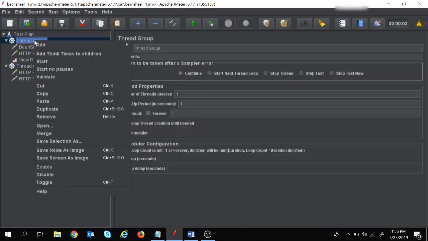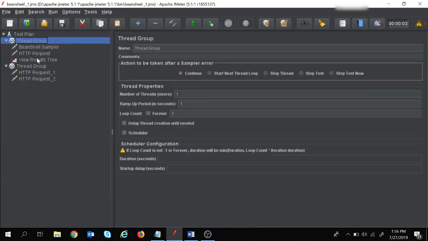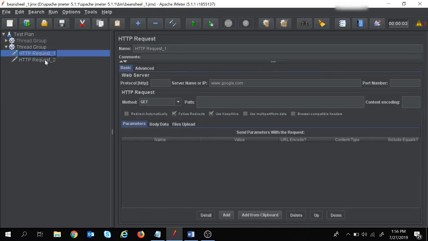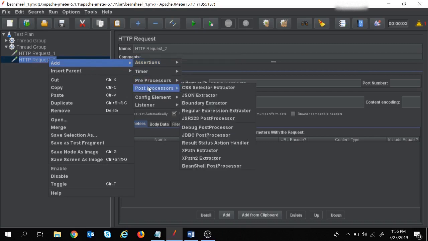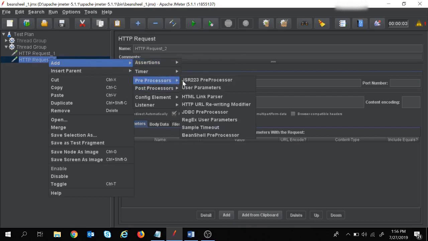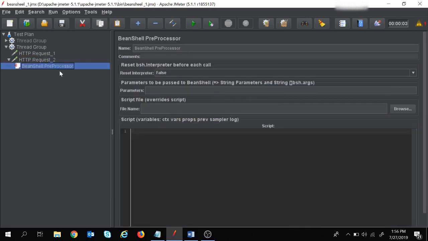So I'm going to disable this thread group. We have already seen this one. So let's focus on this thread group, and here I'm going to add one preprocessor, Beanshell preprocessor. So for that, right click on the request, add, and in the add we have this preprocessor. In the preprocessor we have Beanshell preprocessor. Let's add that one. So what this preprocessor will do, it will execute the script whatever we will write over here